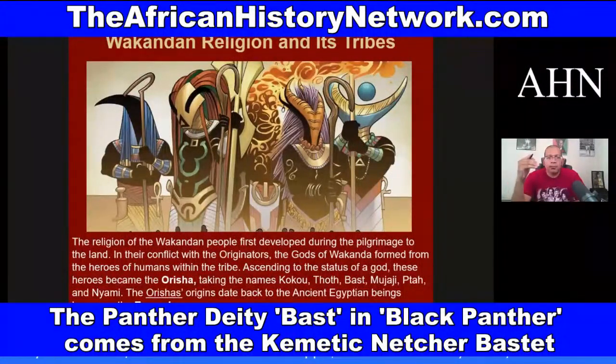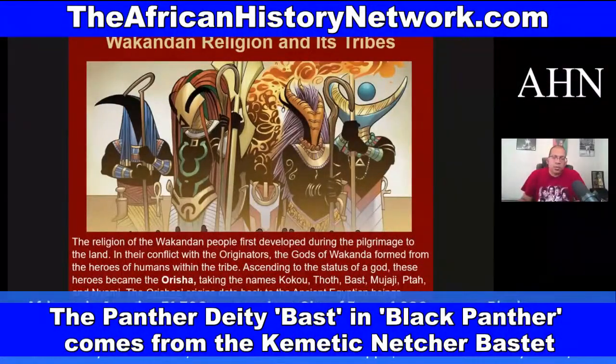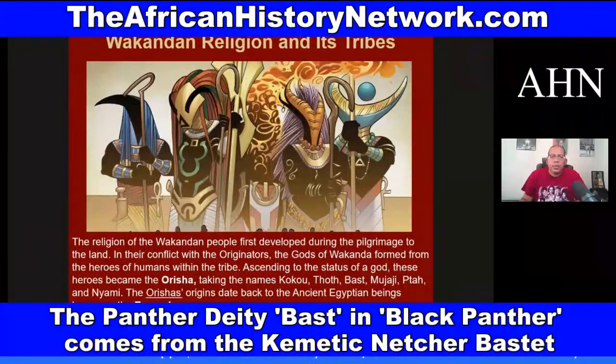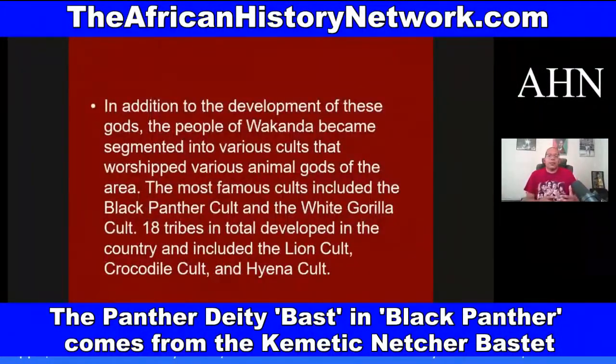The Orishas' origins date back to the ancient Egyptian beings known as the Ennead. This is straight from the comic book. Well, what's the Ennead? Ennead in Greek means group of 9, and the Ennead refers to the 9 original Neteru, so to speak. In addition to the development of these deities, the people of Wakanda became segmented into various